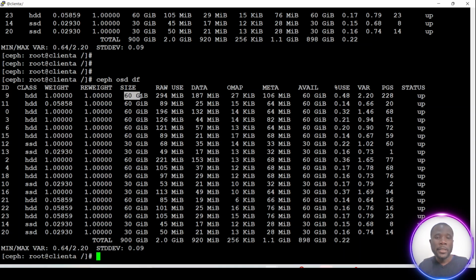We also have the OSD size, the raw size, the data size, the journal size, the RocksDB size, and of course the available amount of data size. Then the usage and the PG value that we have, and the status of the OSD at that moment. Very interesting. So, let's print